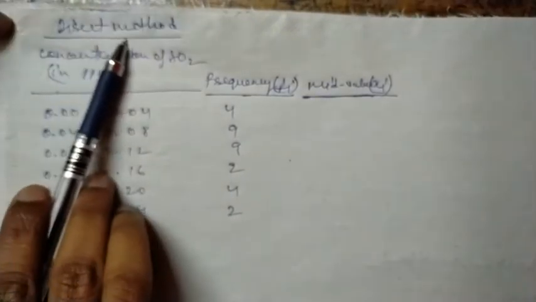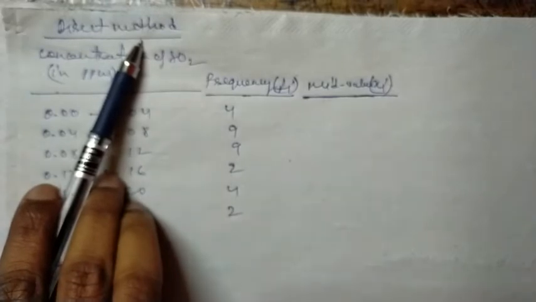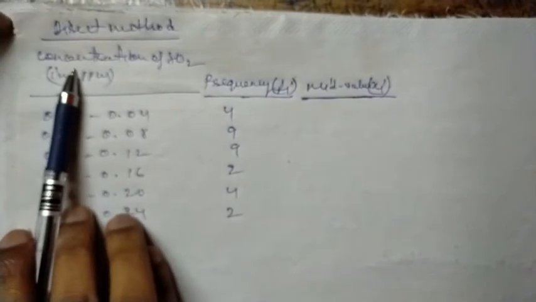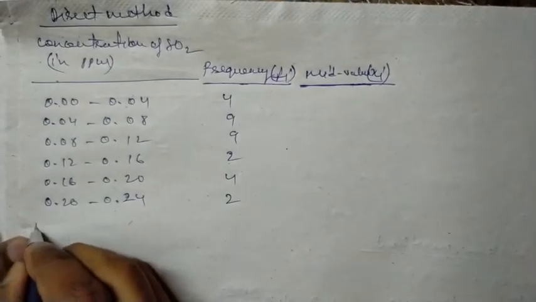This is the direct method. Concentration of SO2 in ppm, class interval, this is the frequency, and the mid value we are going to find. How can we find the mid value? This is the lower limit, this is the upper limit. The formula we know,